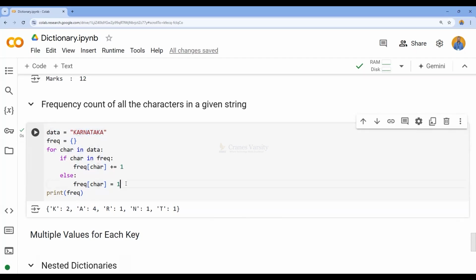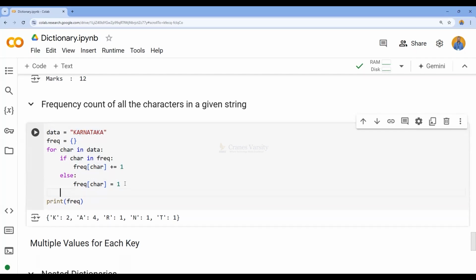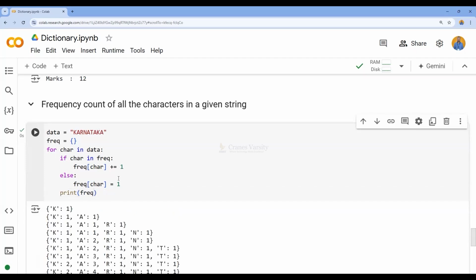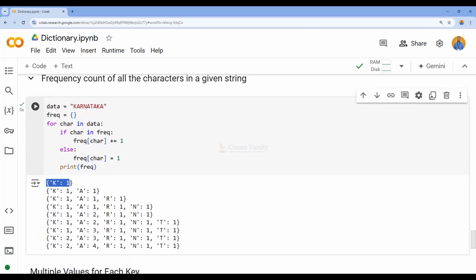If you want to see the frequency at every step, instead of just looking at the end, I can print this frequency in every iteration. Initially, we got K in the first iteration, and we set the value part as 1. This statement was executed. And then the next time, A. If you want to understand in more detail what is happening and how this is changing,